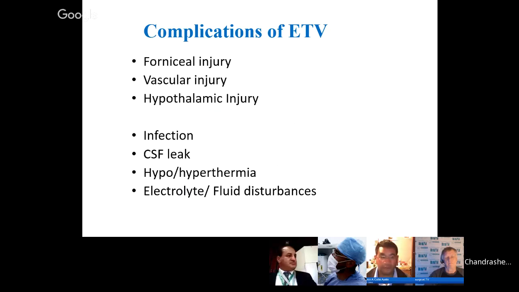Vascular injury, of course, can be fatal, and you have to avoid it by the various ways we talked about. Don't push in any sharp instrument. Use the balloon to dilate your stoma, and hypothalamic injury can be avoided by placing your stoma correctly. Infection and CSF leak are other problems which are procedure related, but which are also related to the general operation theater infrastructure, and you need to have a very properly sterile OT as much as for inserting a shunt.